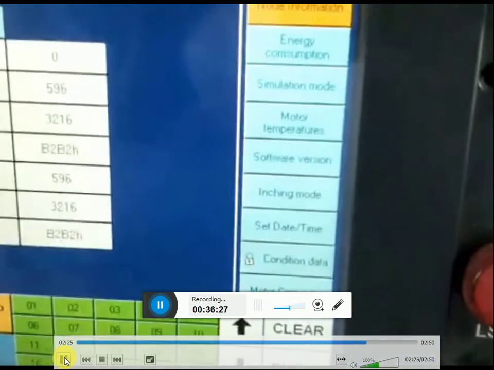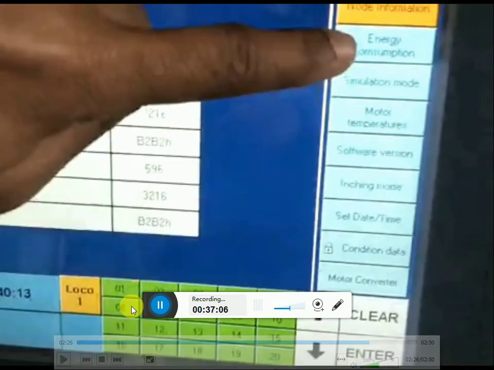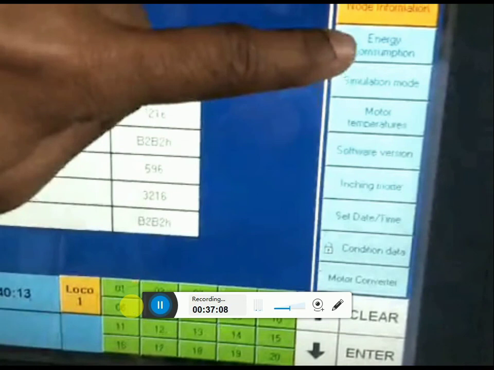By operating process information icon, we can see node information, energy consumption, and simulation mode, software versions, banking mode, and motor converter also. So isolation of traction motors also we can see from motor converter icon.